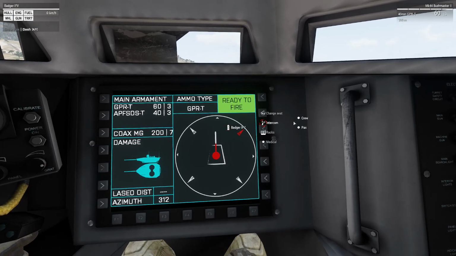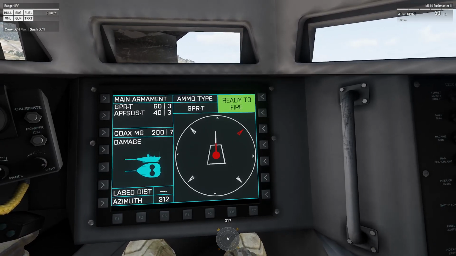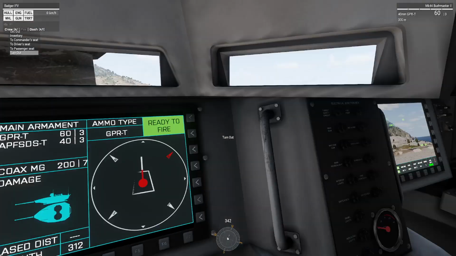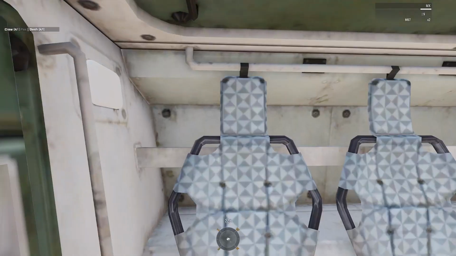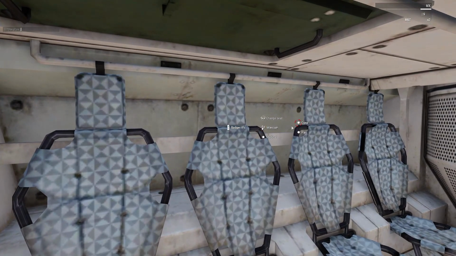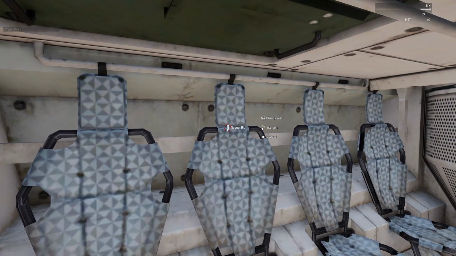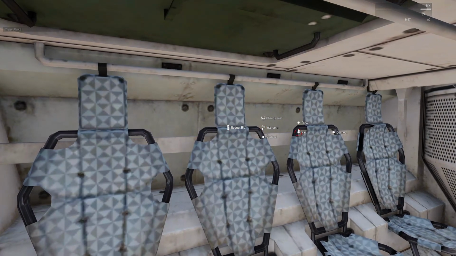You can disconnect from the intercom, then you can reconnect if needed. It's up to you. So we'll go to the passenger seats now. And if you go to the passenger seats in the Marshall, the Badger IFE rather, you'll see that you can